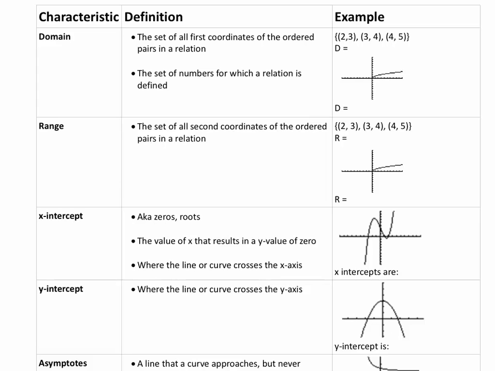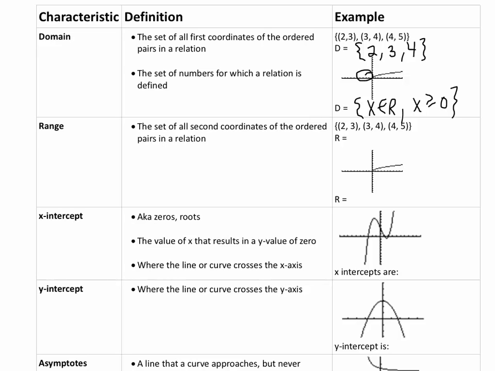In the examples here, the domain in the first one would just be 2, 3, and 4. Or looking at this graph here, kind of hard to read it, but it would be x is an element of all real numbers where x is greater than or equal to 0, because this does not take on values